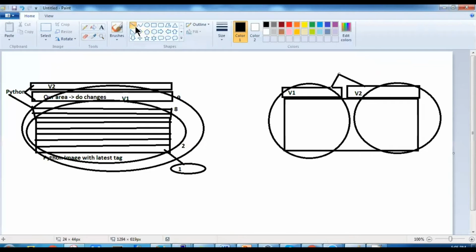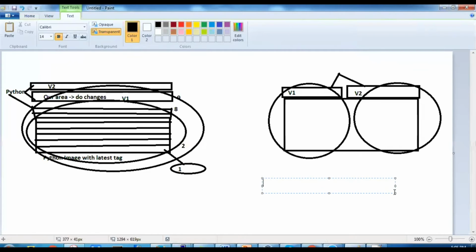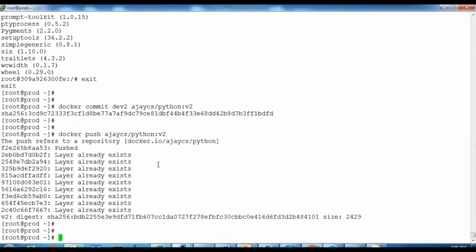So if you ask to install python:v1, it will install these 9 layers. But if you go for v2, then it will install these 8 layers plus v1, and then you will get v2. So in v2, as we discussed, we'll have the new packages, new modules also, that is IPython.